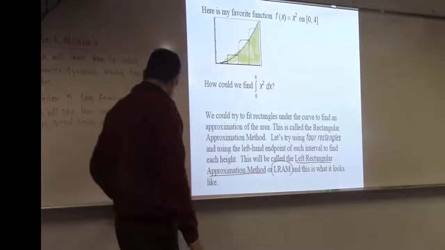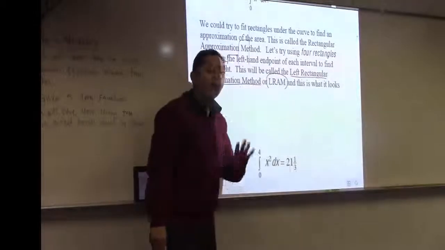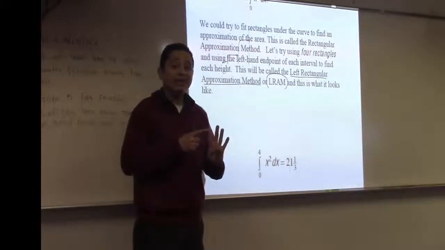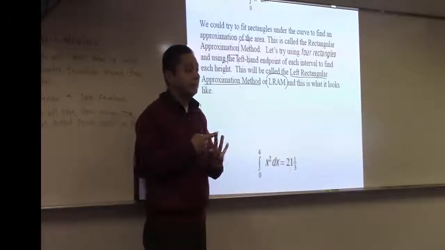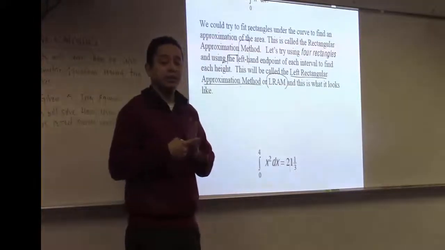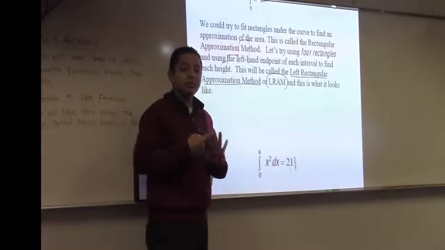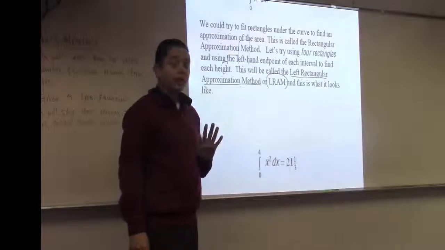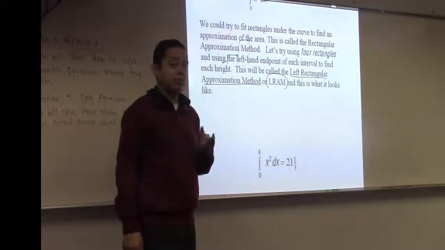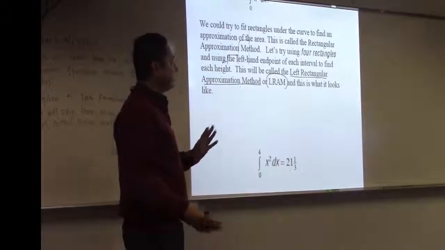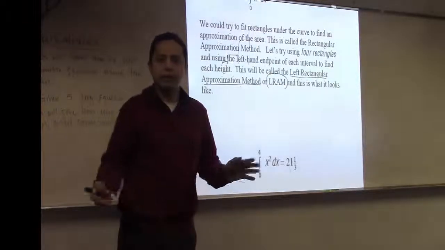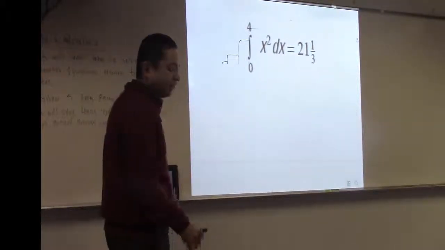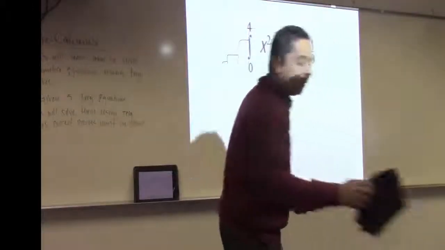This has a name. And there's 4 types of approximations that we need to learn for the AP exam, and that is the left approximation, the right approximation, the midpoint approximation, and the trapezoid. You will be responsible to learn all 4 of them. I do not know which one you're going to be tested on, but more than likely you will be tested on at least 2 of them. Okay. So why are you calling it the left, and why are you calling it the right, or the midpoint, or trapezoid? We're going to take one example, go through the process to see what the left approximation method is,